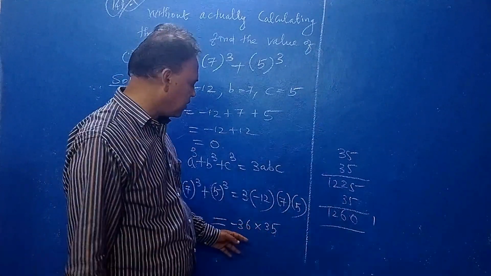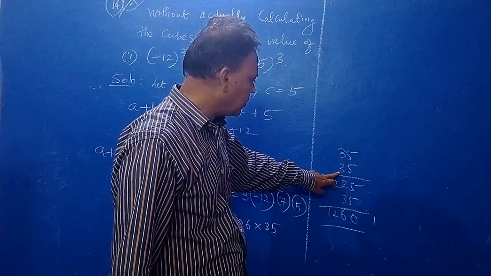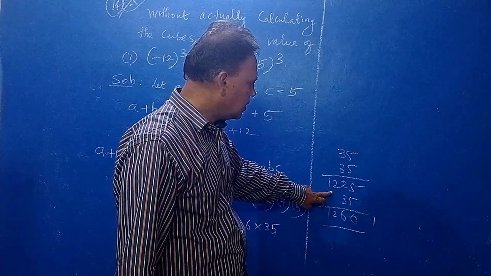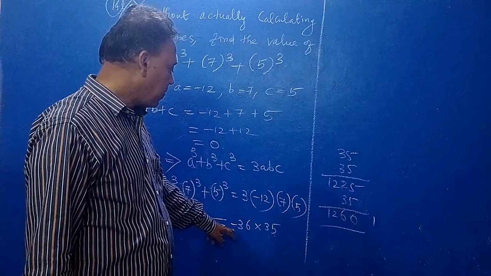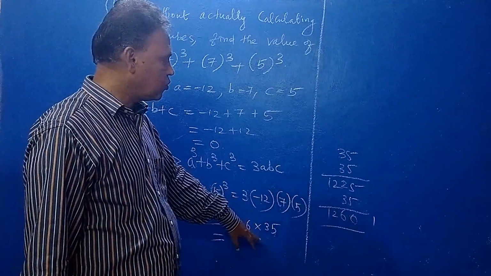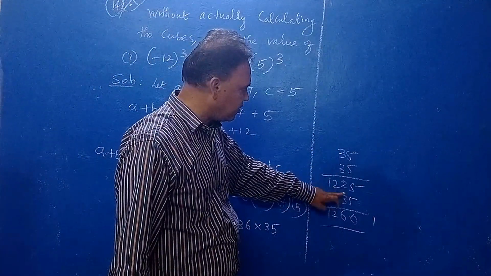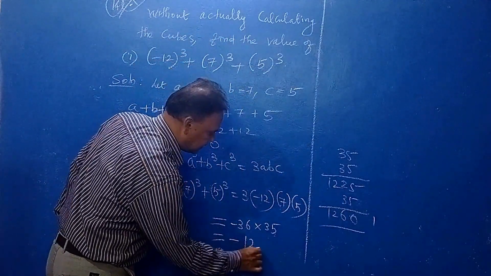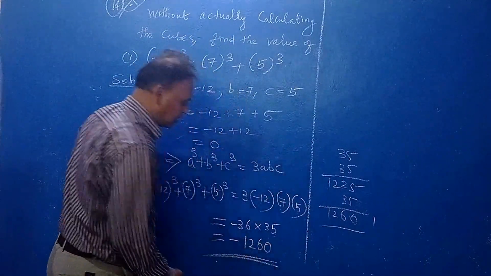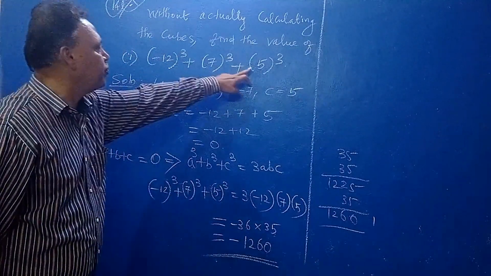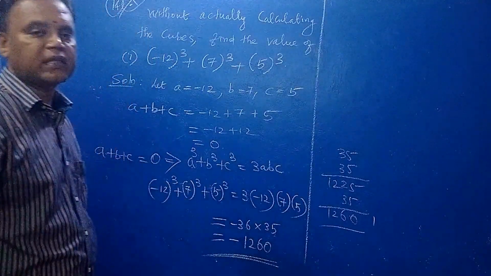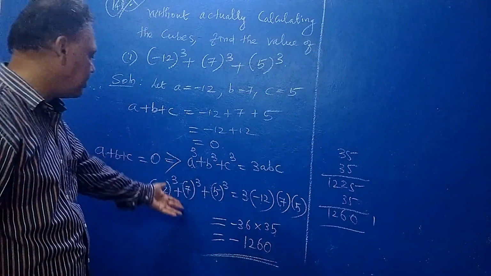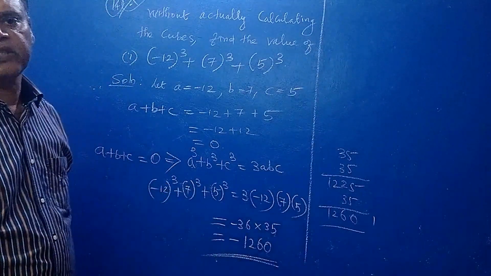Easily you can multiply this. You see 35 into 35, multiply: 25, 4 into 3 is 12. So total 36, 35. So 35 into 35 multiplied, then again add 135, and you will get the answer. So easy multiplication, right? So this is the answer. You take the cubes and you will get this. Clear? So easily we can do this using the identity, right?